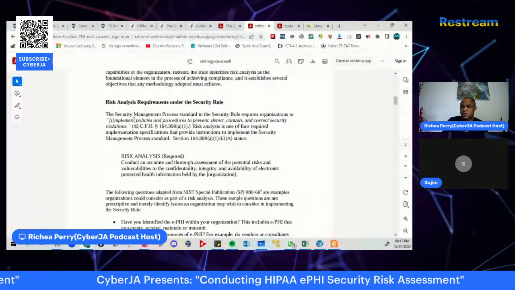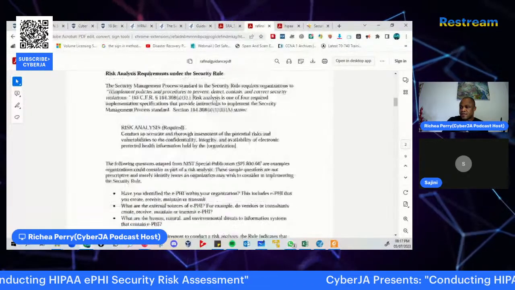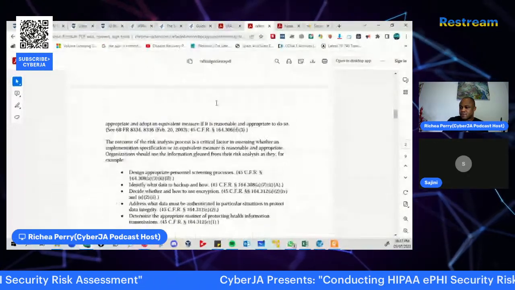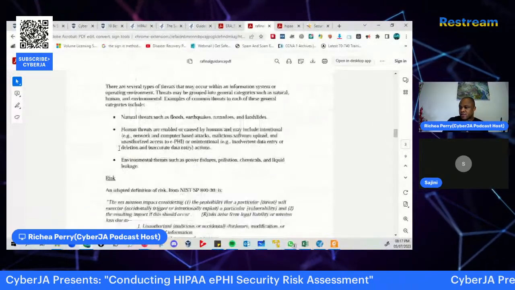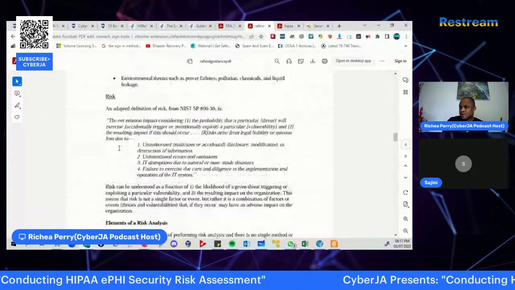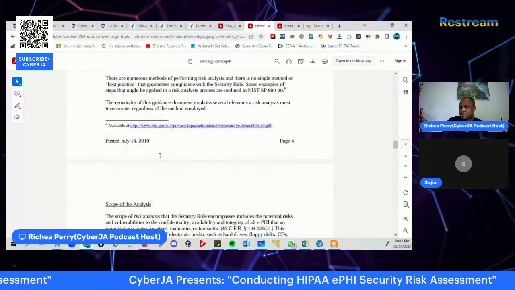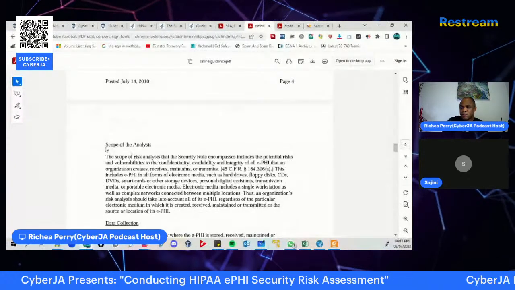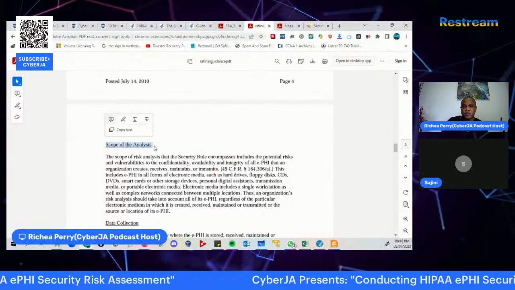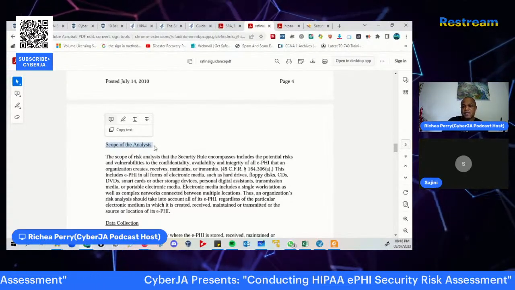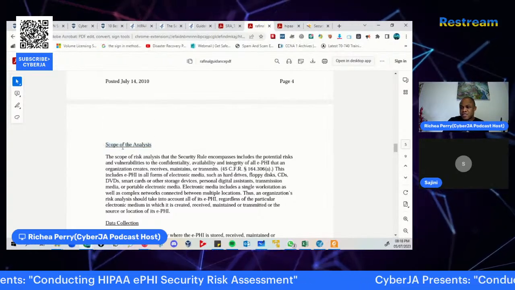All right, so with that said, we go back to the requirements. The risk analysis requirements under the security rule are broken down into important definitions. These are the elements of a risk analysis. We have to look at the scope of the analysis. As we go along into the application that I'll be showing you, as well as installing and setting up the application, you will definitely be going through all of these elements.